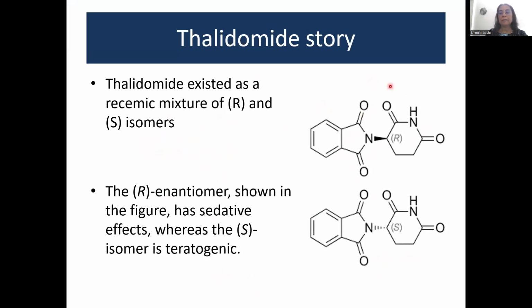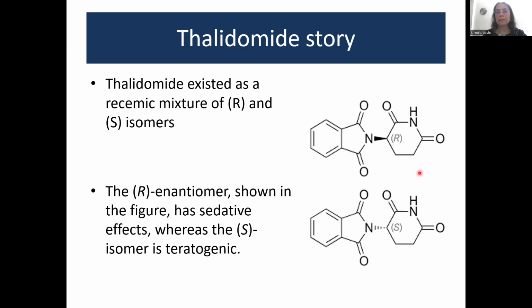Before we end, let us talk about the famous thalidomide story. Okay, you know that in 1950s, thalidomide was invented and administered to pregnant women to take care of their morning sickness. Now, this caused a lot of problems in the sense that it turned out to be teratogenic. And the babies which were born to such mothers who took thalidomide were defective.